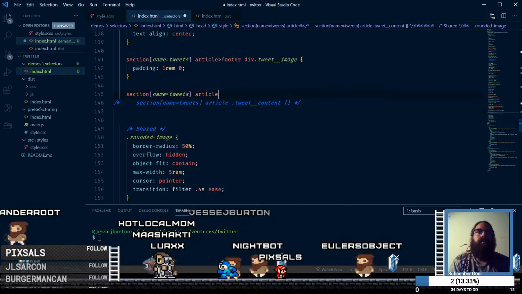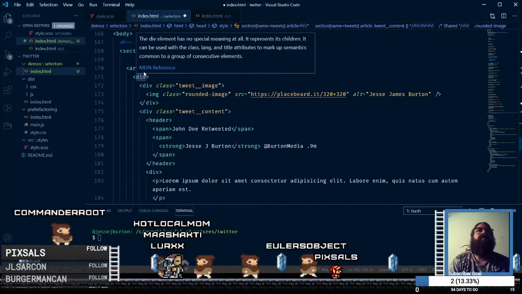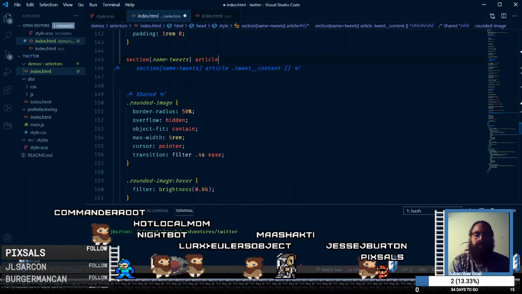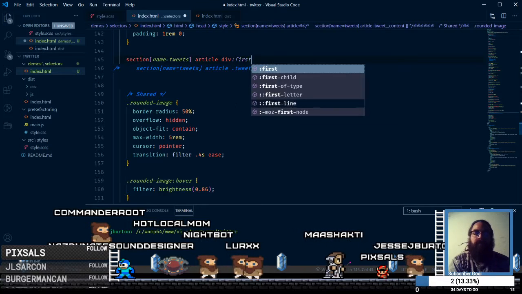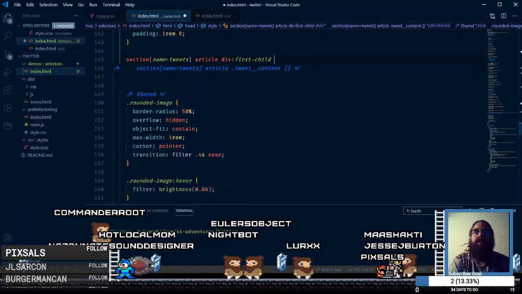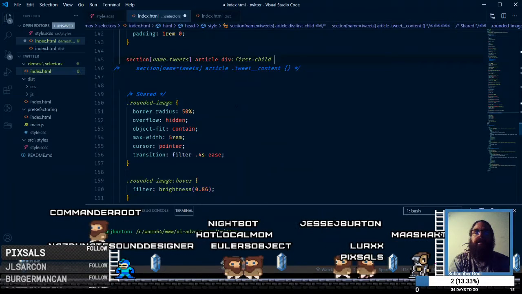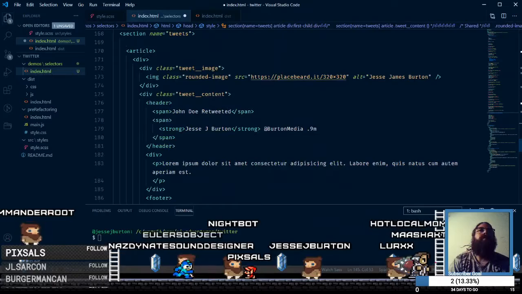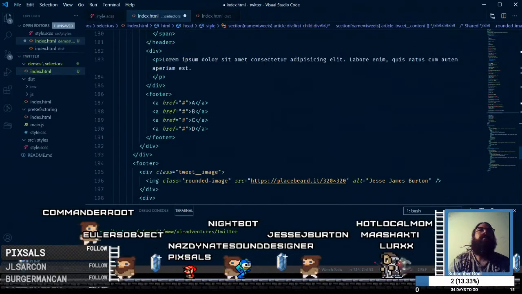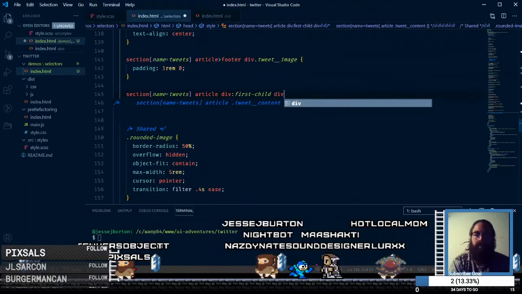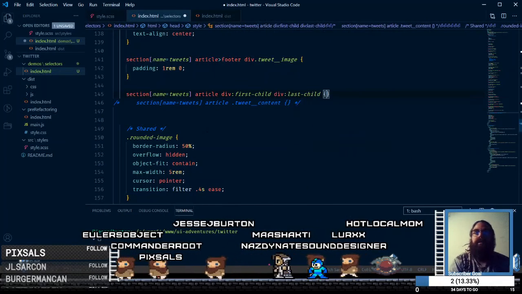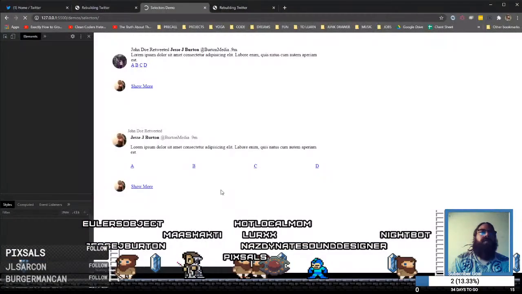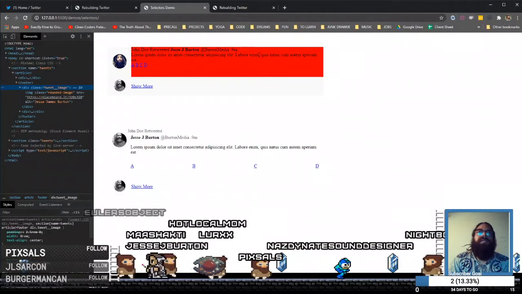So we have the div first child, and then div last child, background color red. So let's see if we grab that. So we did get the right one,